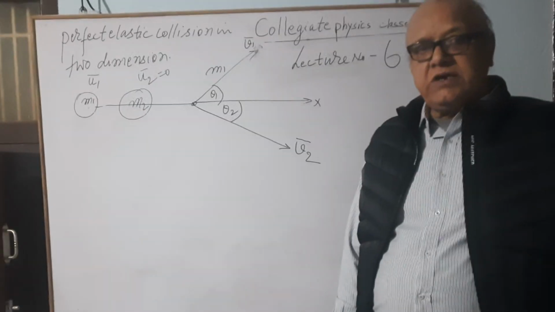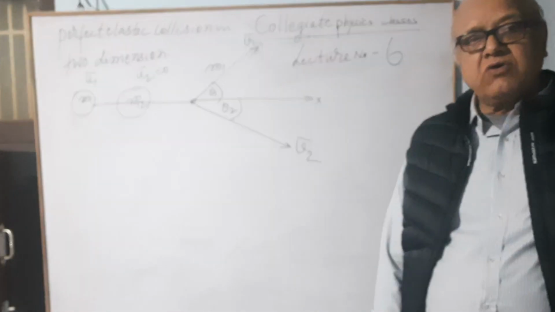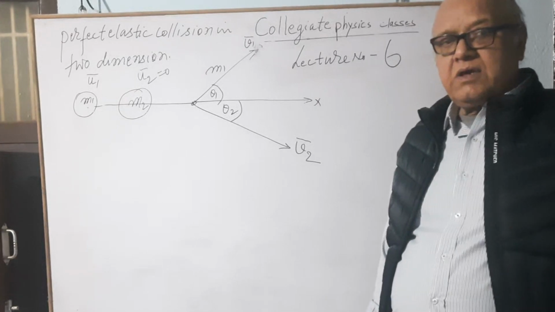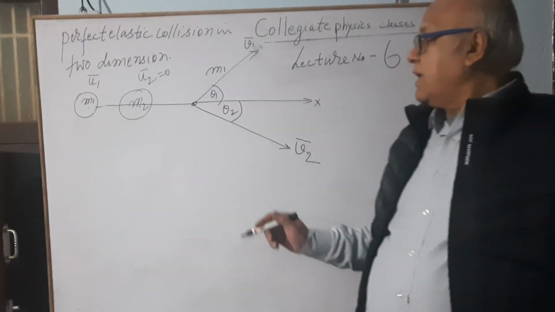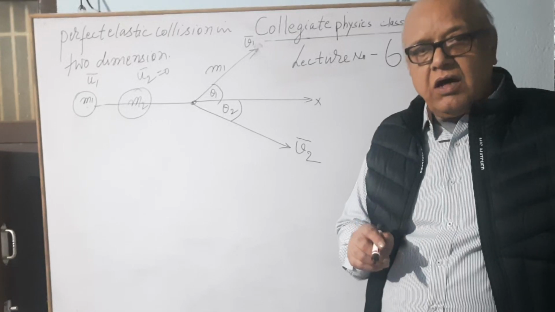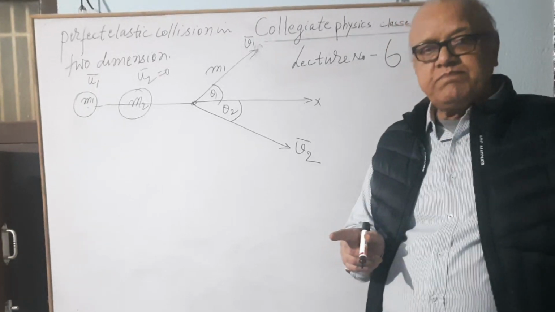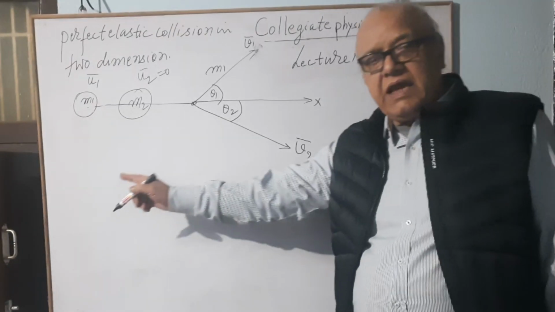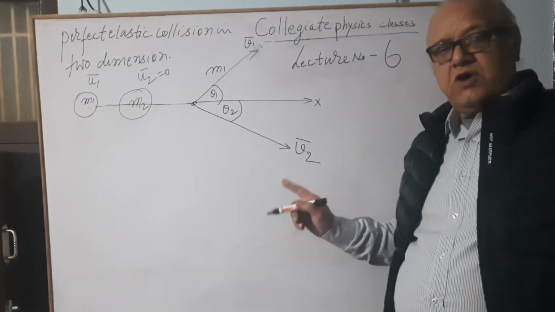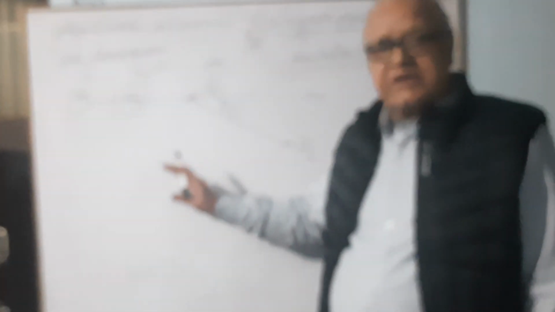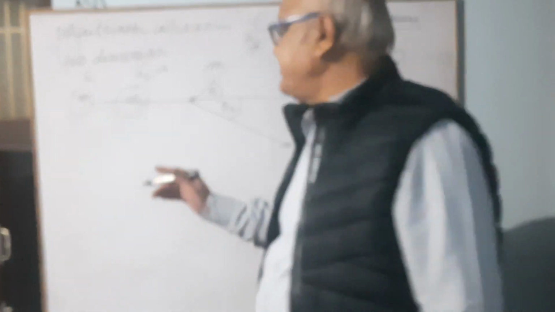Now we have to study the parameters of motion of the two bodies after collision. To find the value of v1 and v2, we apply the law of conservation of momentum of this system along x-axis. So, before collision, the momentum of the system along x-axis will be given as